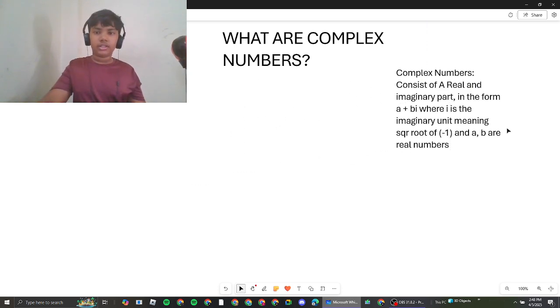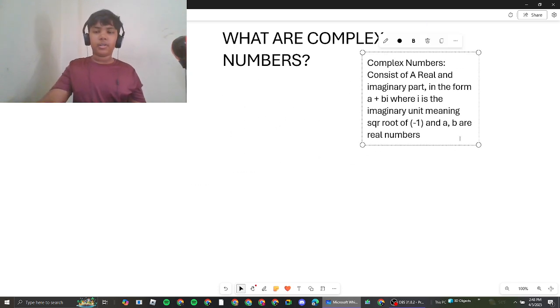Okay, so this is a complex number. Like, for example, if we have 5 plus 3i,